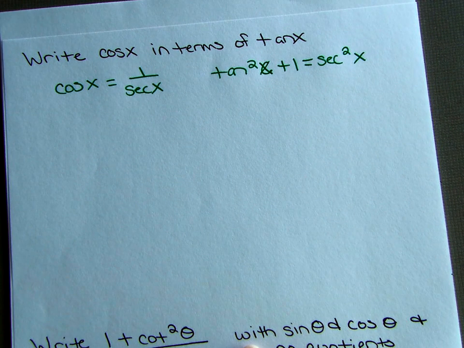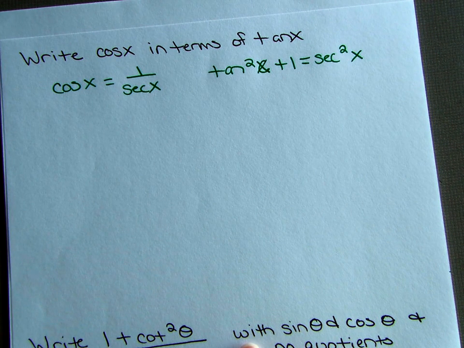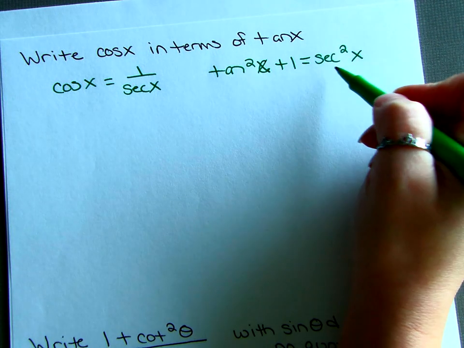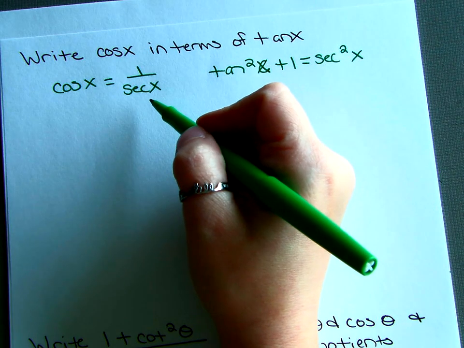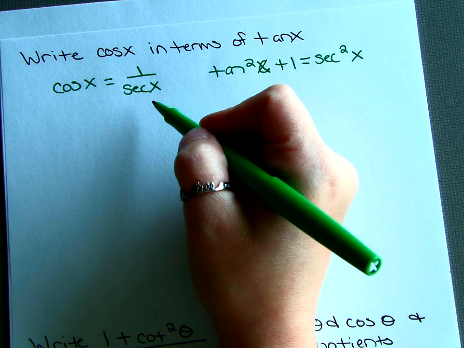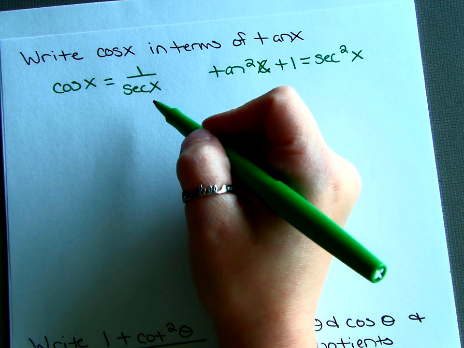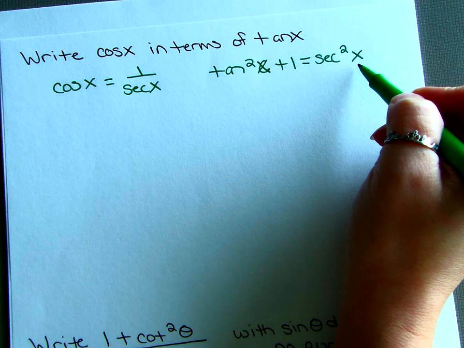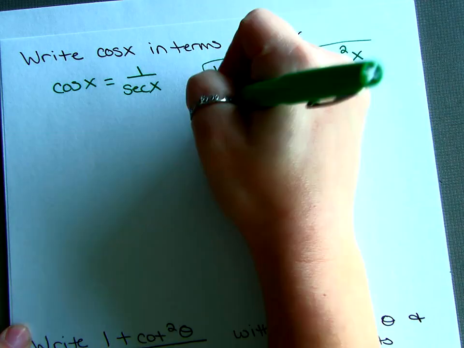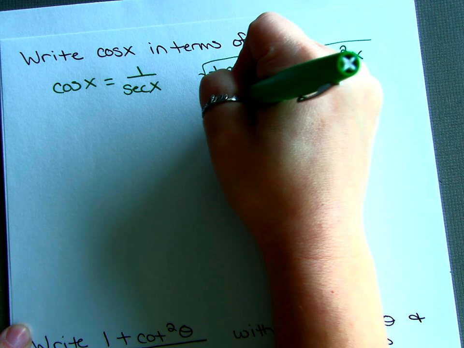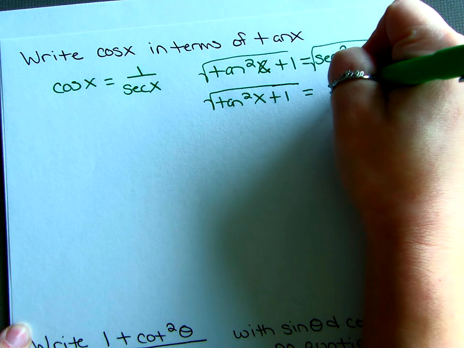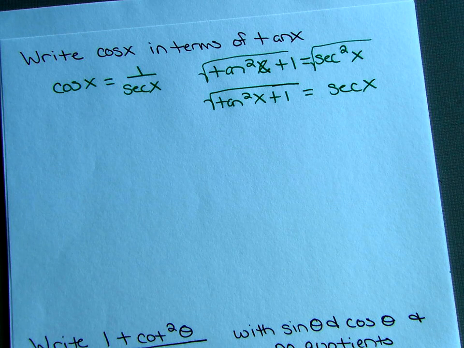The problem here, though, is that this identity is in terms of secant squared, whereas this is just in terms of secant. So like you said previously, in order to get rid of the square, I would have to square root both sides. That's what I'm going to do, because I need to get something that says secant. So I get the square root of tangent squared x plus 1 equals secant x. We do want to put a plus or minus out here,